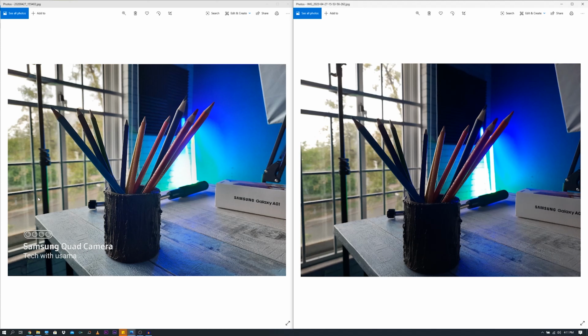So the point here is that the Camera Go application is not a great choice for the Samsung Galaxy A51 owners. If you still want to try this application, you can find its link in the description and you can go ahead and install it for yourself. But I don't believe that you need this application. The stock camera application of the A51 is way ahead.